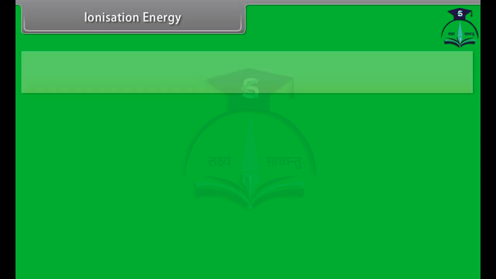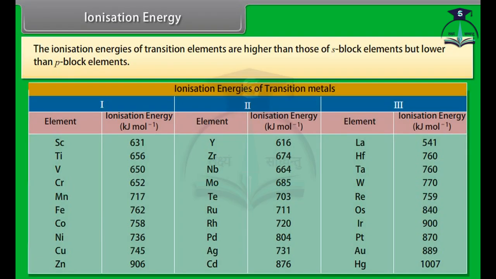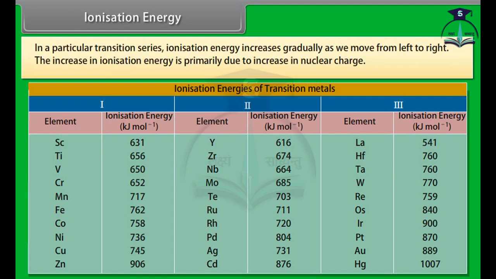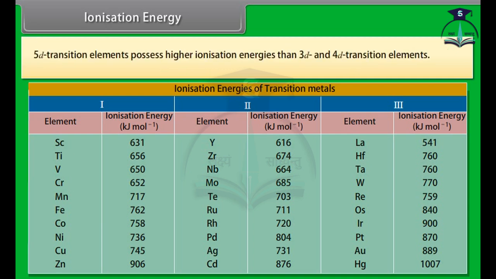Ionization energy. The ionization energies of transition elements are higher than those of S-block elements but lower than P-block elements. In a particular transition series, ionization energy increases gradually as we move from left to right. The increase in ionization energy is primarily due to increase in nuclear charge. 5d transition elements possess higher ionization energies than 3d and 4d transition elements. This is due to the greater effective nuclear charge in these elements because of the ineffective shielding of the nucleus